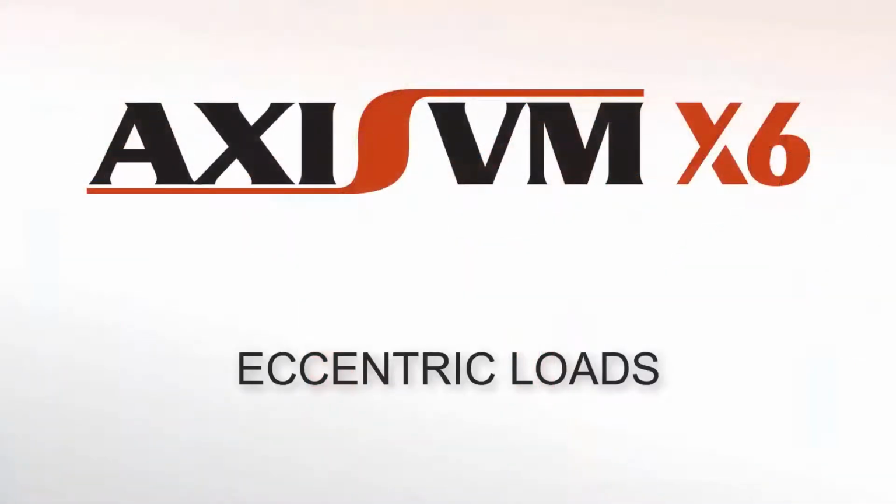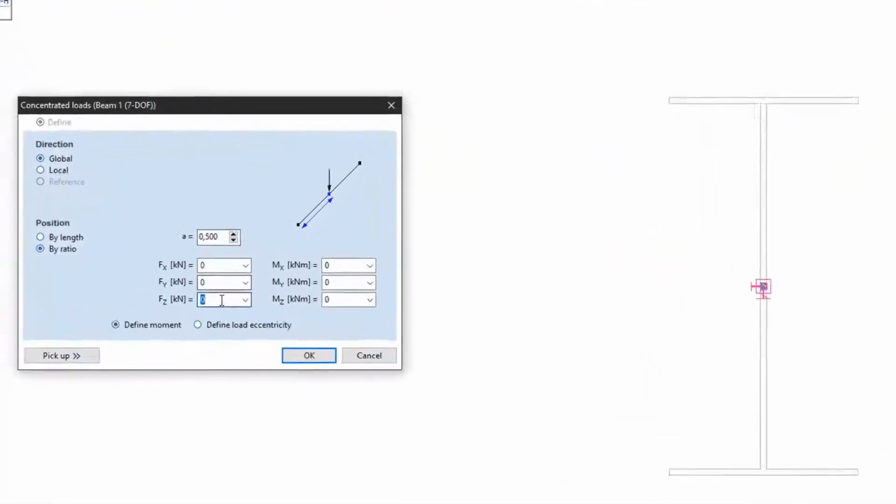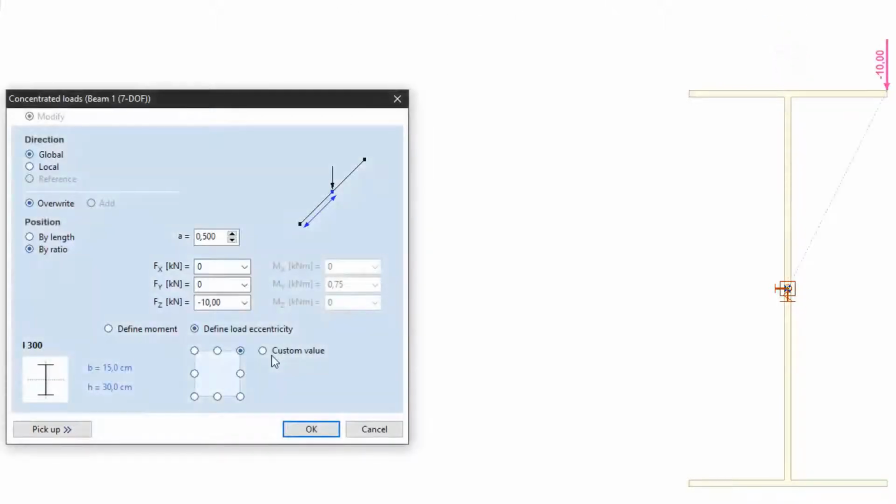Besides members, loads can also be set to eccentric positions, both for point loads and line loads. The eccentricity options are available from the load definition dialog, and if it is enabled, we can choose from cross-sectional points such as the upper flange on the right, left side, and as you can see, on each dedicated point of the cross sections. And we can also use custom values for the eccentricities with the radio button.